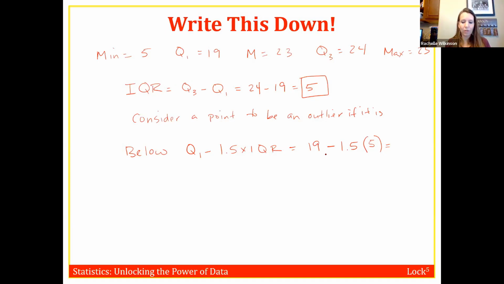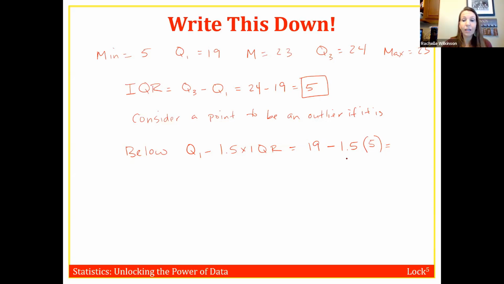And remember, when you're doing the calculations here, that you have to follow the correct order of operations. So remember PEMDAS back from your algebra days or even just middle school math days. It tells us the order that we do things. So in this case, we're going to do this multiplication of the 1.5 times the 5 before we subtract that